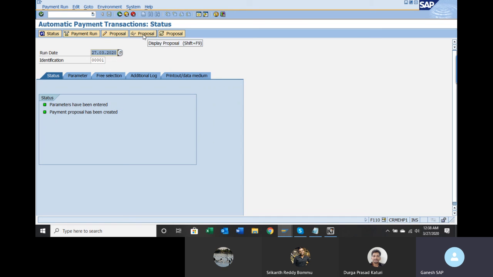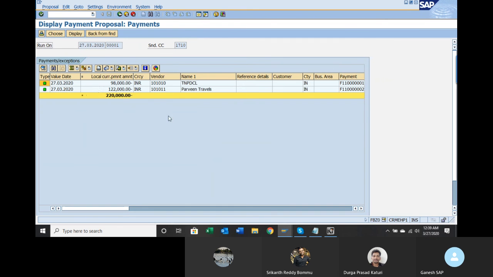If you want to see the proposal log or proposal display, click on this. So there are two vendors, vendor 101010 and another vendor 101011. One is 98,000, another one is 122,000. Here you can see the payment document number.